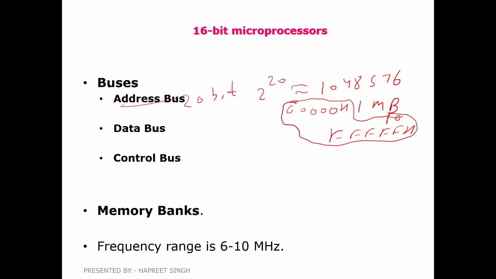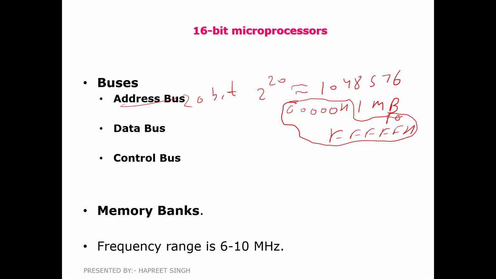Right. Now coming to the data bus. It has a 16-bit data bus. As we know that 8086 is a 16-bit microprocessor, its arithmetic logical unit, internal registers, and most of the instructions are designed to work with a 16-bit binary word. So it has a 16-bit data bus as well, so it can read data from or write data to memory and port either 16 bits or 8 bits at a time. Third one is the control bus. The control bus carries signals essential for various operations such as read, write, and various other control operations.